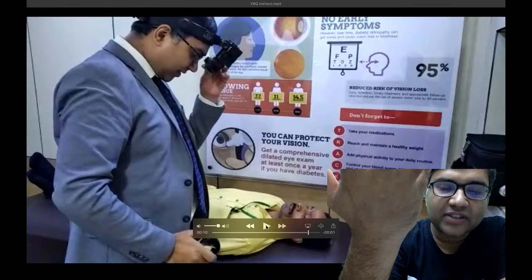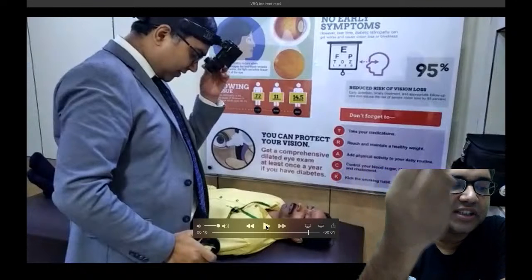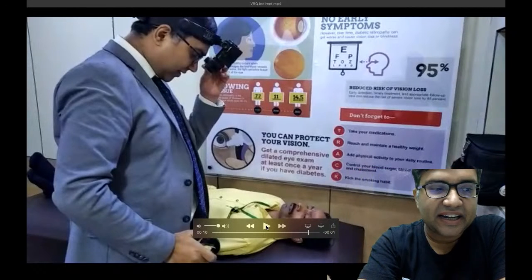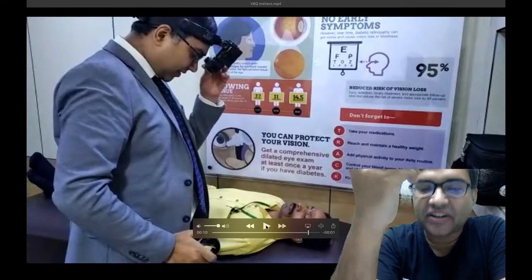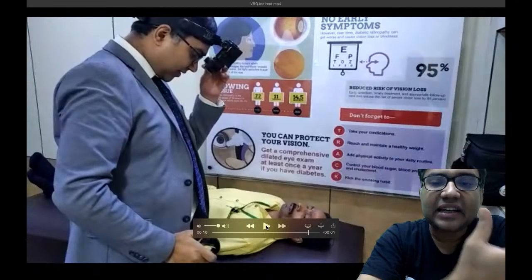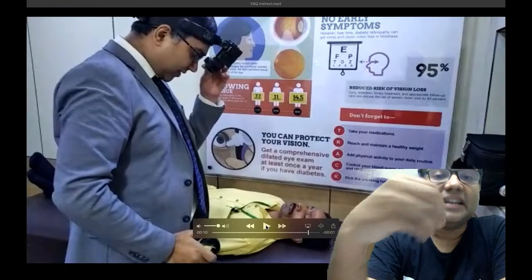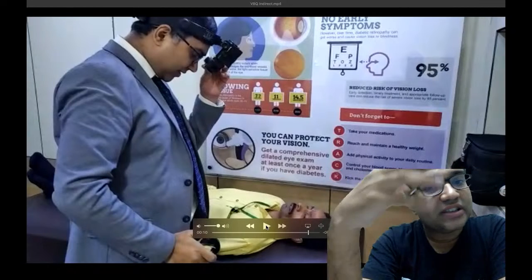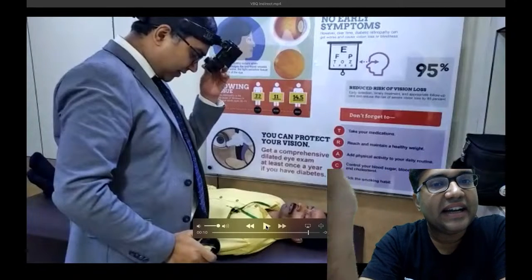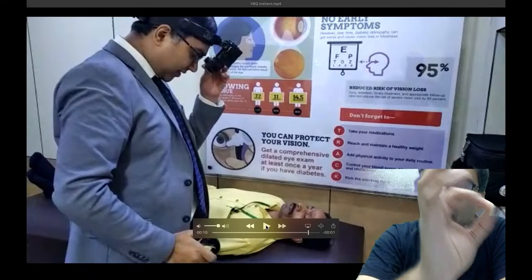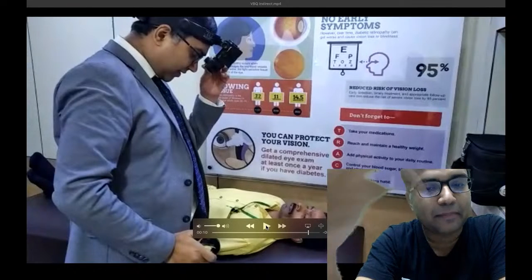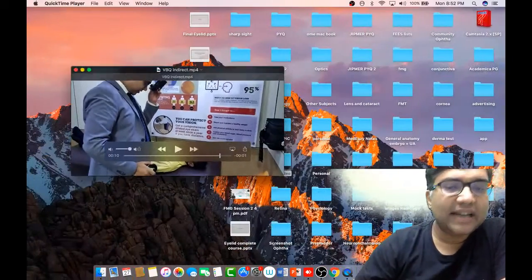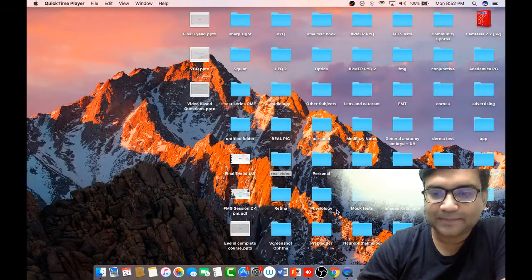We do indirect ophthalmoscopy whenever we have to see the peripheral retina. Very good, Dr. RB. When we have to see the peripheral retina, for example in retinal detachment or lattice degeneration, there you can use indirect ophthalmoscopy. Remember, for direct ophthalmoscopy, you have to see the optic nerve head and macula. Okay, let me show you another procedure.